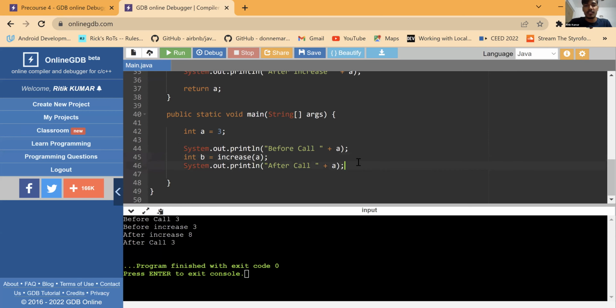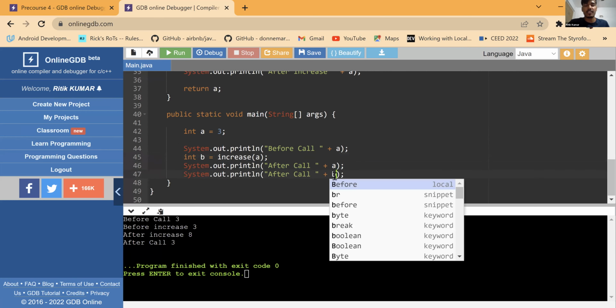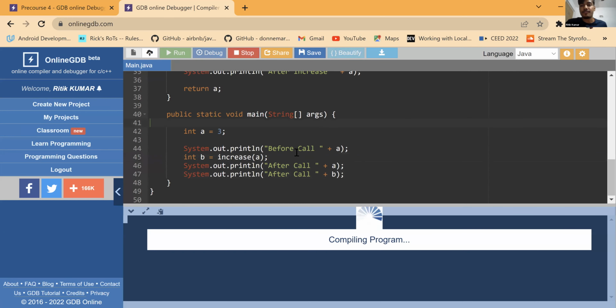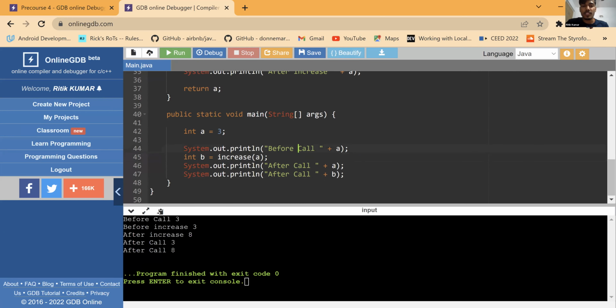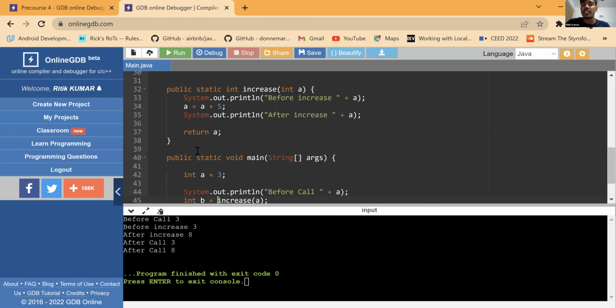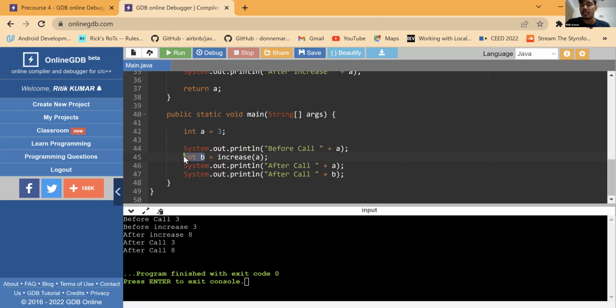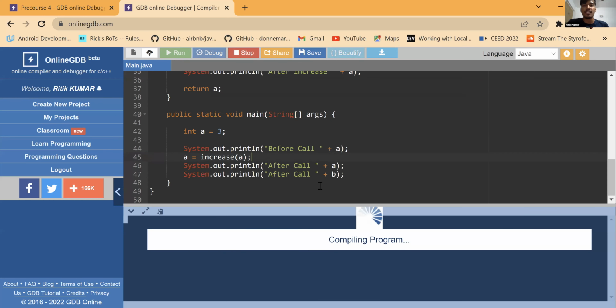Let's say print A and let's say print B. After call, okay, let's try to run this. So what will happen? See, this B is getting the new value, right? A is still the same. I'm returning A, but I'm not storing it in A. I'm storing it in a different variable B. So B has the new value 8. If I store it in A, A will get updated. If I do this, if I store it back in A, A will get updated. But if I store it in some other variable,